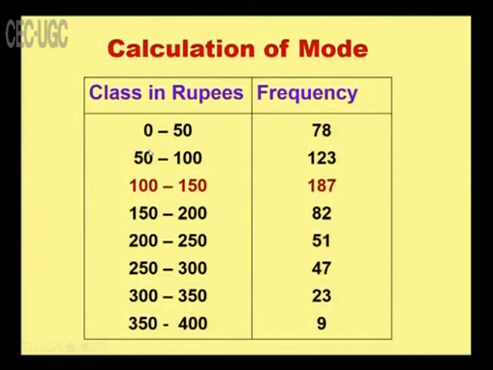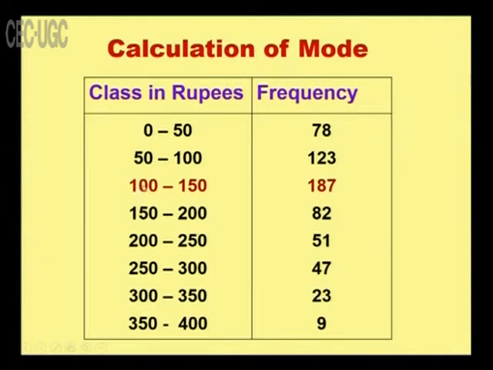Now, let us take an example. Look at this class interval, and here without any doubt we can say the class interval 100 to 150 is the model class, because it has the highest frequency. But now, how do we calculate exactly what the mode is? We have to apply the formula. Here the class interval is 50, the frequency of the class preceding the model class is 123, and succeeding the model class is 82,